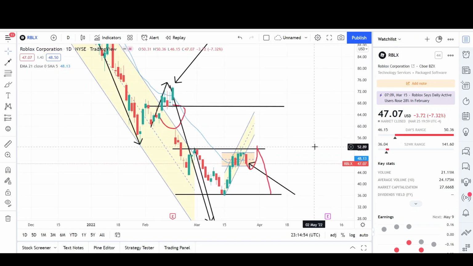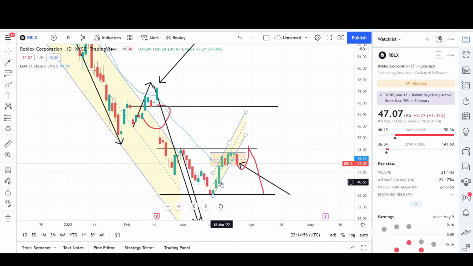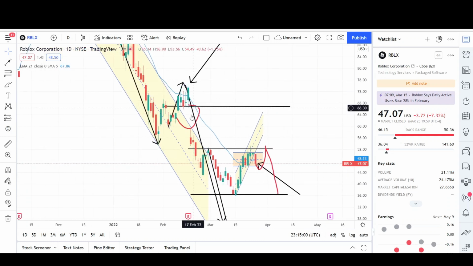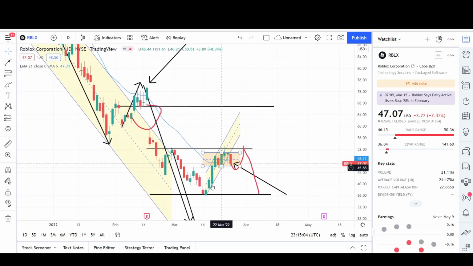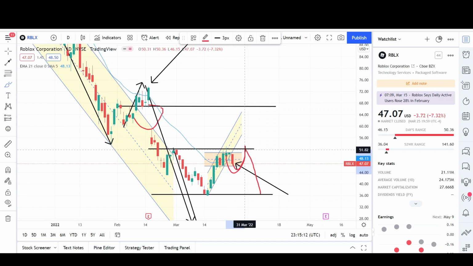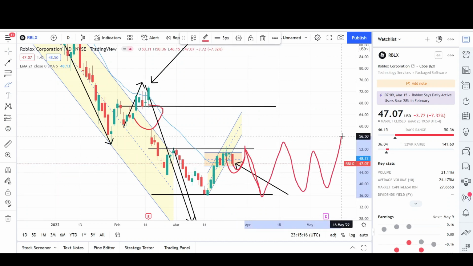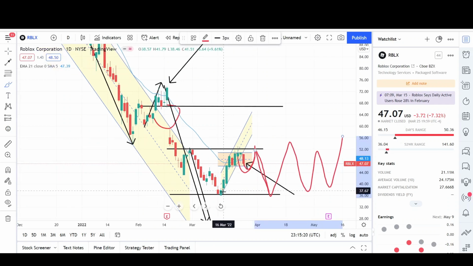Traders have some indecision in them because we had a break of that downtrend pattern, and it looks like it has played out, but they're still wondering if we're going to have a formation of an uptrend, or are we just going to be trending sideways. Maybe we don't go up, maybe we get rejected here, we bounce from support, and we just go sideways. So traders are having some indecision in the market, but it is definitely more likely that this is a bottom